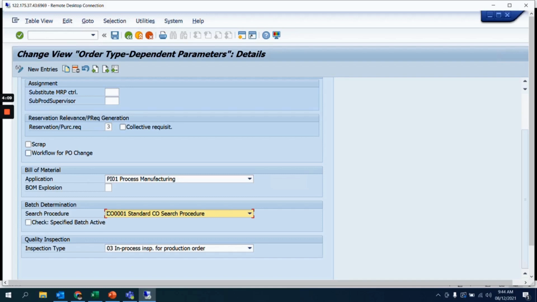So whenever the process order is created for this order type, the system identifies if any of the components are batch managed, then the system tries to apply the batch search strategy by means of these settings.